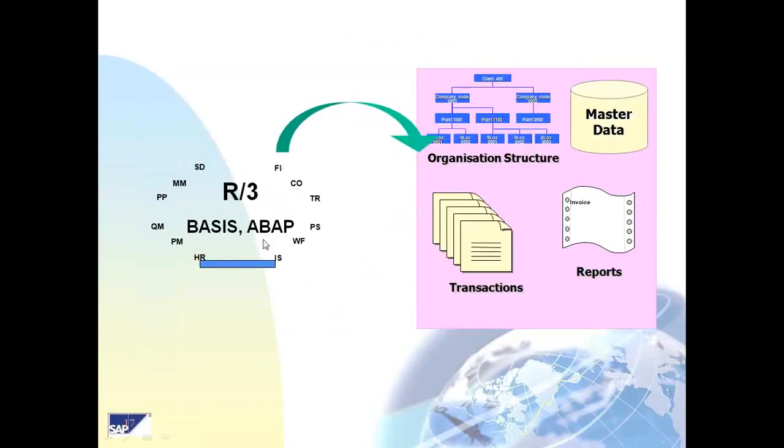If you see, there are so many departments. Each department has its own organization structure in SAP as a whole. So we have to maintain the organization structure for each department. Take for example FI: we have to maintain the company code, business area, and so on. Take CO: we have to maintain the operating concern, controlling area, cost centers, profit centers, and so forth. If you take SD, that is sales and distribution,